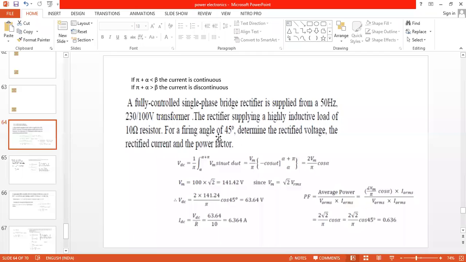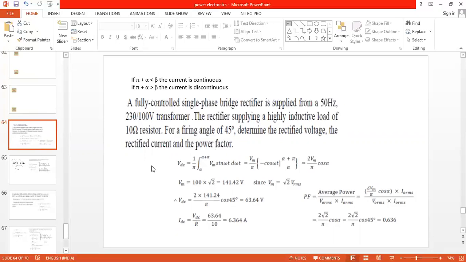And what is the firing angle we have to use to control the speed of the motor in this problem? 45. So how to solve this problem? What they are mentioning: fully controlled single phase rectifier with inductive load. So all students, you can make a note in the white paper. Case A or case 1. Case 1 is what? Without freewheeling diode. So remember this point. Case 1 is the heading we have to keep: without freewheeling diode.